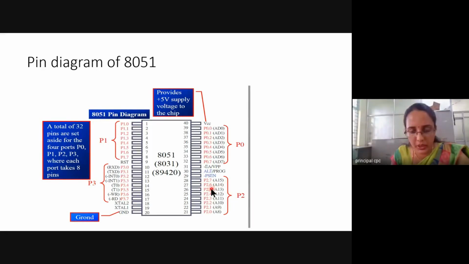So these pins are also multiplexed. And here P0 is functioning both as P0 pins, register pins, and address as well as data. Lower order address from 0 to 7, address as well as data. So these pins are said to be multiplexed.